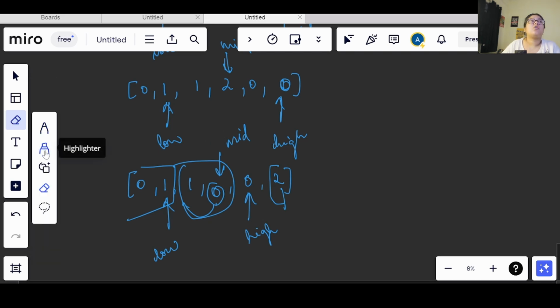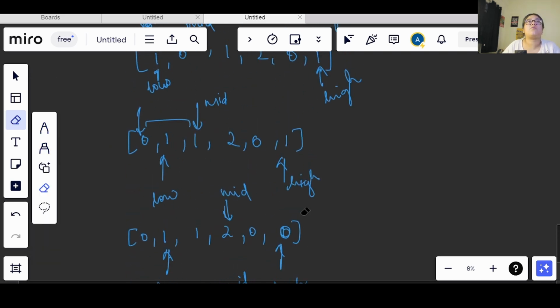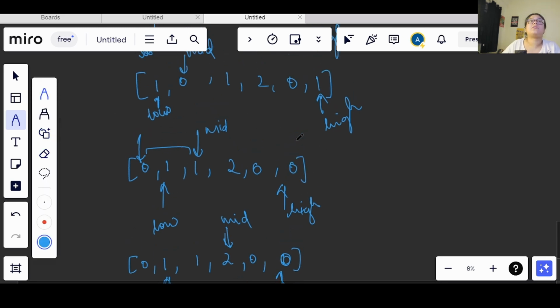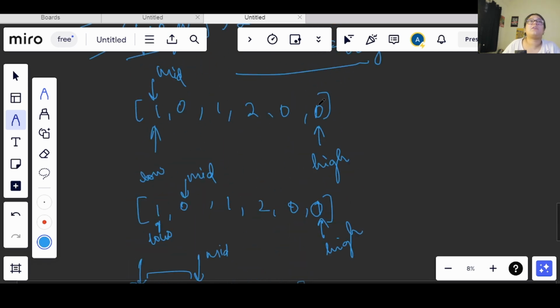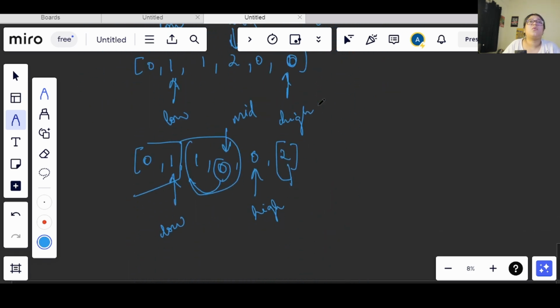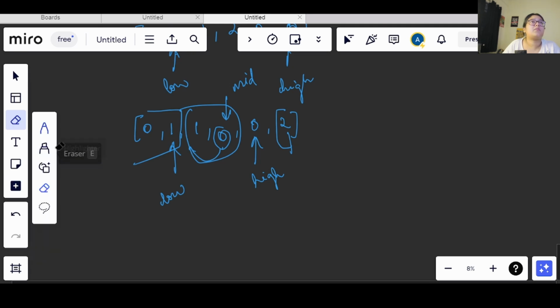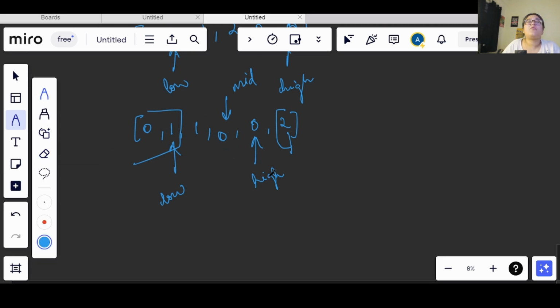So let's make the change here. Instead of 1 let's change this part to 0. Why am I doing this? It will make the code easier to understand. So let's make it 0. Now let me clear this out. So now my high is here, and I am not moving my mid, right?